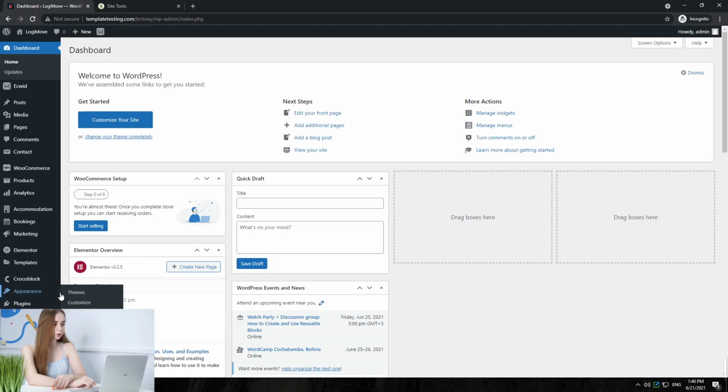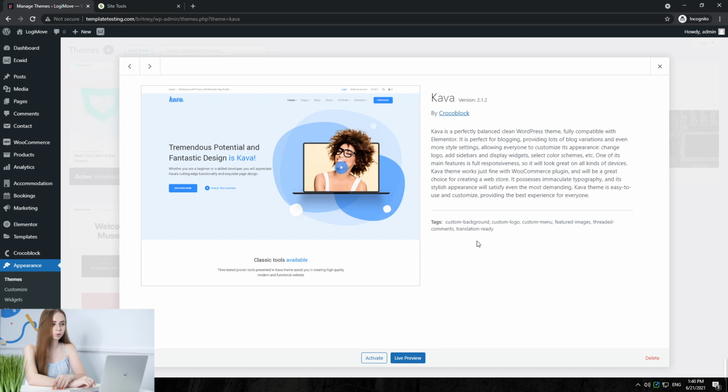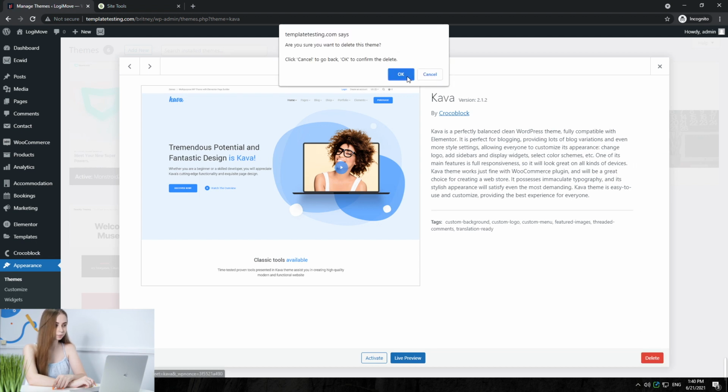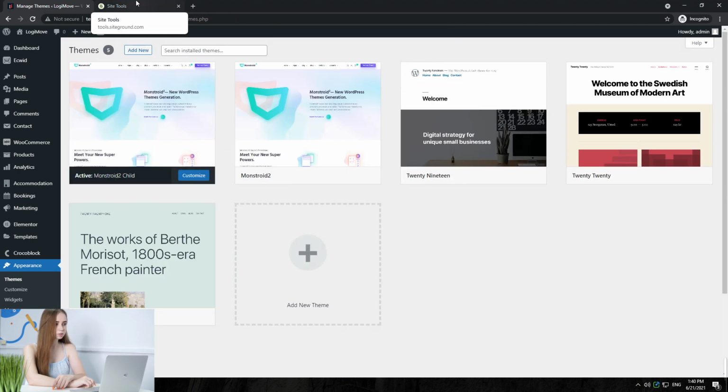The first variant, we go to Appearance, to Themes. Click on the theme you would like to delete. Do not forget that the theme you want to delete must be deactivated as well. Click on Delete. Done. And the second variant, we go to WP Content,